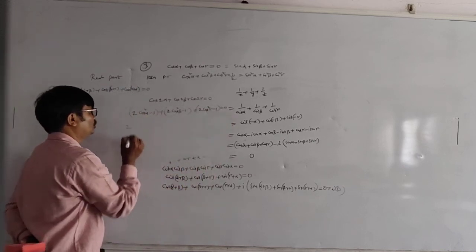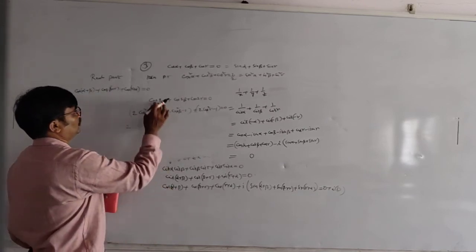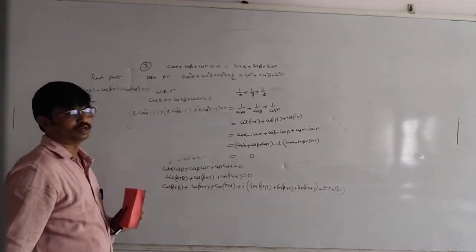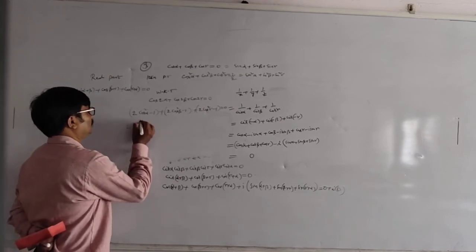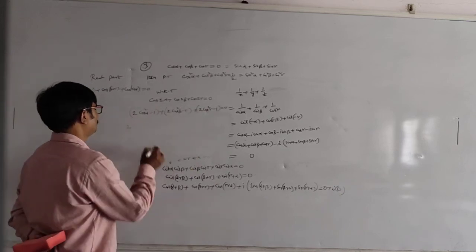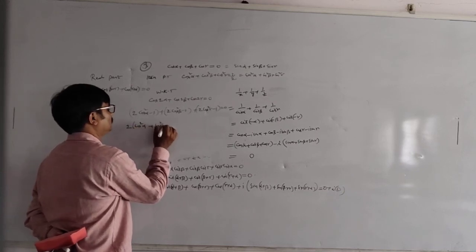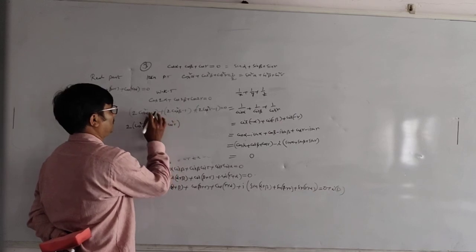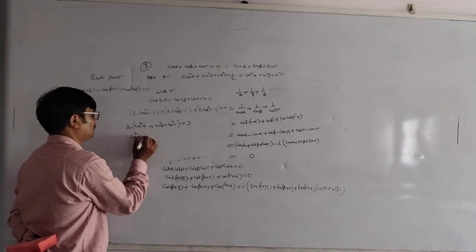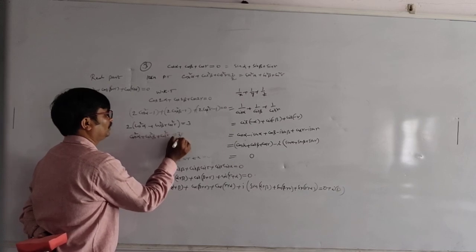So students, 2 is the common. We know in the first question, cos 2 alpha plus cos 2 beta plus cos 2 gamma is 0. After that, this is 2 cos square alpha minus 1, 2 cos square beta minus 1, 2 cos square gamma minus 1. So 2 is the common: cos square alpha plus cos square beta plus cos square gamma minus 1 minus 1 minus 1, that is minus 3, sending to the other side, plus 3. So students, cos square alpha plus cos square beta plus cos square gamma equal to 3 by 2.